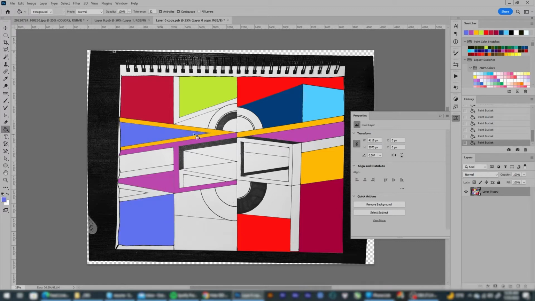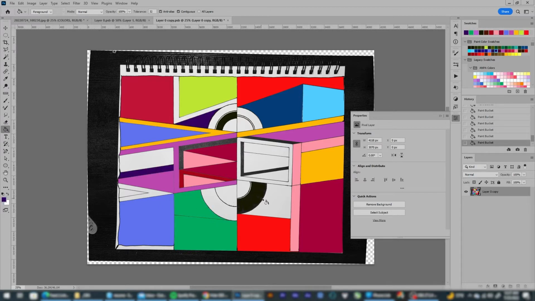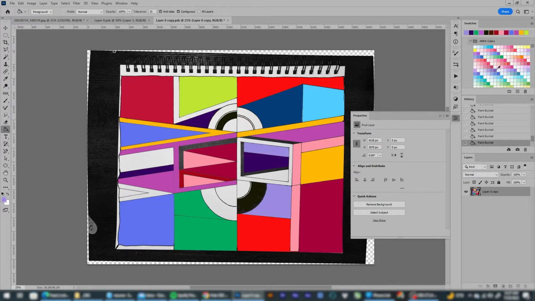It was one of those things where I was doing it kind of in a hurry because this is an experiment and I just wanted to see if it would work. And I'm just filling in all these different random colors. I try not to make too many colors that are too similar right next to each other unless they're different shades. And then once that's done,